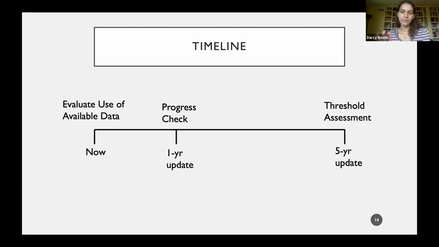And then the 5-year update is something that all GSAs are required to write to DWR as well. And I think that this is really a chance where we theoretically have a lot more information. We have new monitoring wells that have years of data. And so it's really important to assess our minimum thresholds and measurable objectives again. It's not to say that you can't assess them now. I think we definitely should, but this is also a chance where we'll have a lot more new information. And so I think it's important to look at how these minimum thresholds and measurable objectives are lining up.